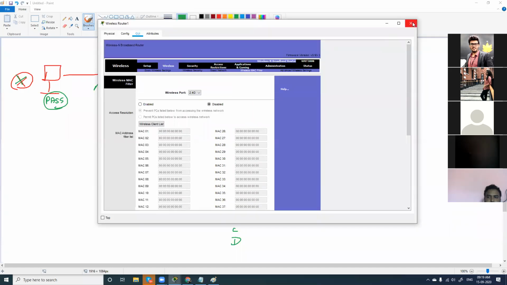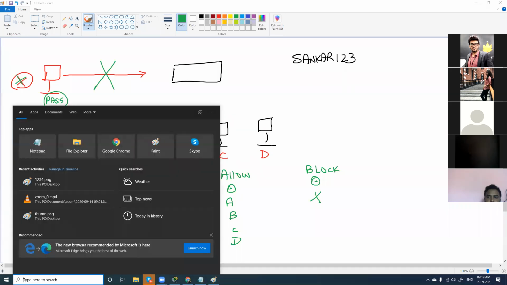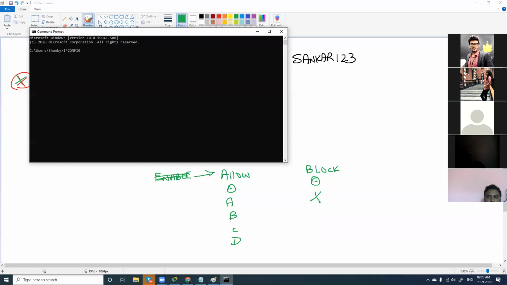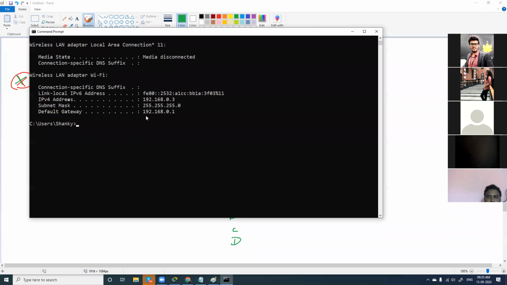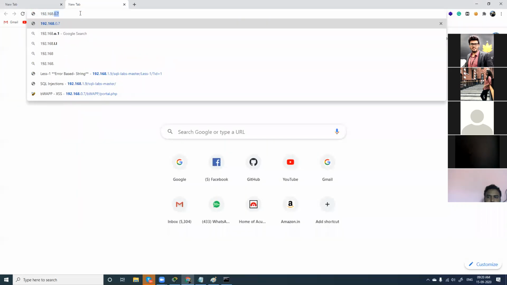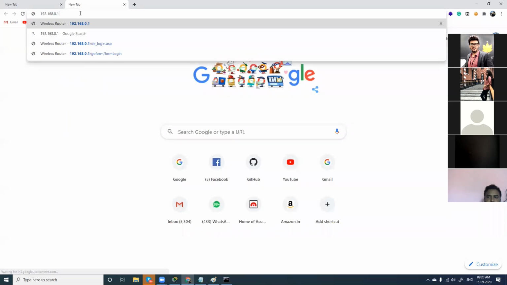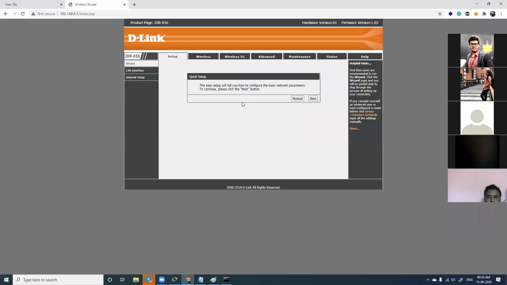I'll go to the real-time modem here. Okay, command prompt, ipconfig. My IP address is this, 0.3, and my default gateway, my modem's IP address, is 0.1. Yes, my modem's IP address is 0.1. And in order to access this, I'll go to the browser and type 192.168.0.1. You can try this on your own computer, and it is asking me for a password. I'll give this login. Once it logs in, this is my modem to which I've connected,